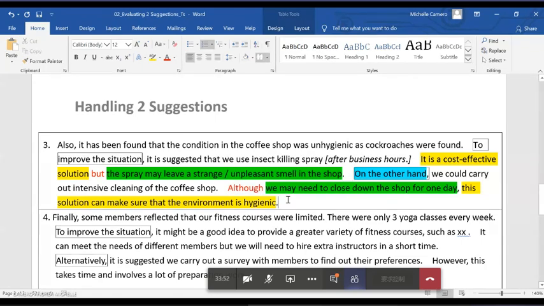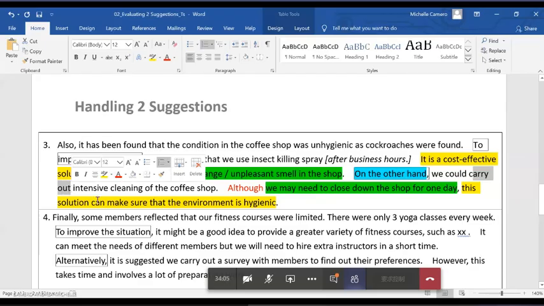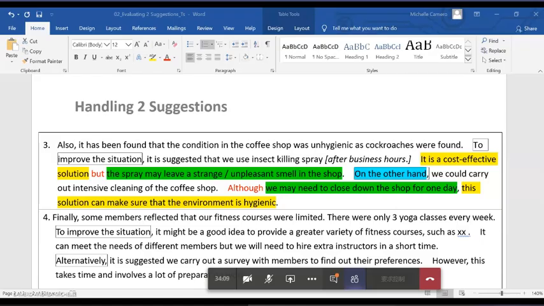And again, notice here they said it is suggested that we use insect killing spray. So we had to add the verb use, and here we had to add the verb carry out. And the reason why I bring that up is because the paper won't always give you the verb. So if you look at the end of module assignment,